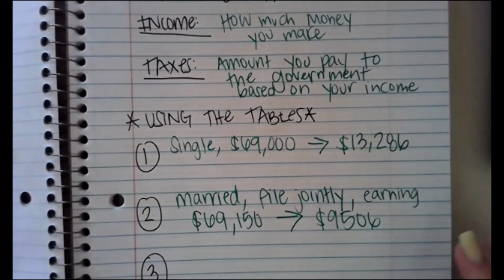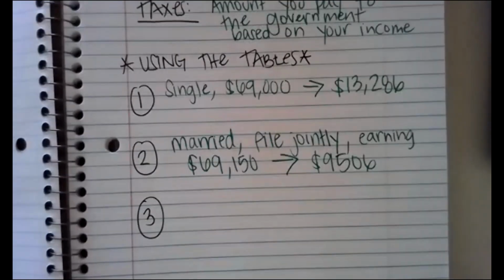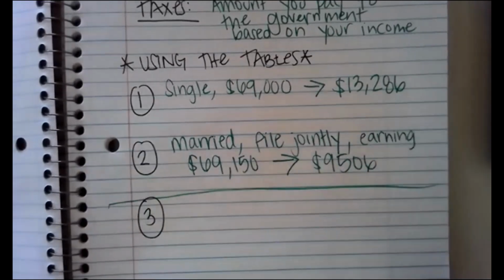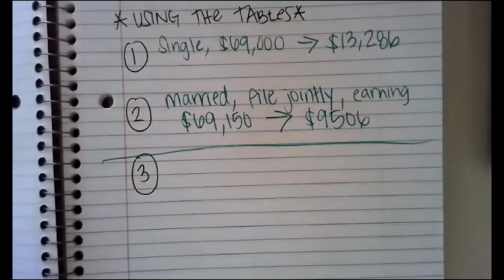Okay, so sometimes when we're doing income tax, we're going to look at an income tax table, which is what I just showed you. Other times they may tell us someone's income. So we're not going to look at the tables anymore. We're going to do this third example kind of on its own. They could tell us someone's income and they say the income percentage for this particular person's state is, and they'll tell us a percentage, and we have to calculate how much they have to pay in income tax.